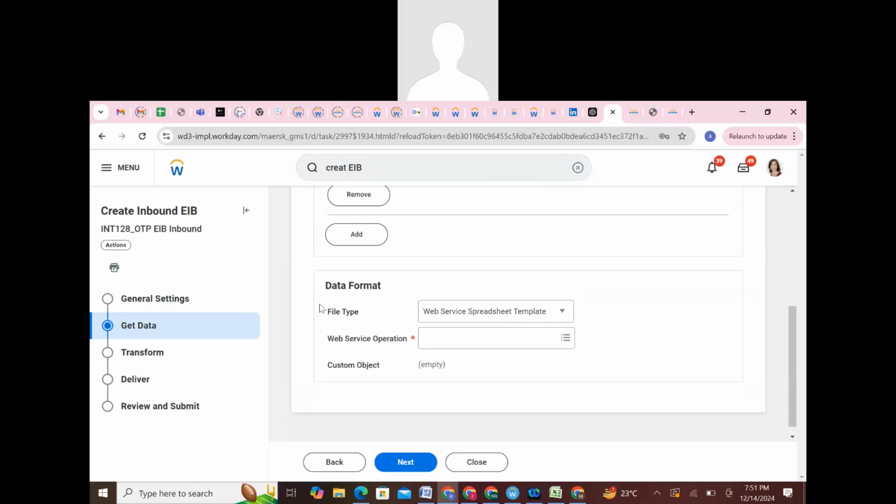Coming to it, if we scroll down, we have a data format. Which format are we going to load? We have only two options, guys: web service spreadsheet template or custom object spreadsheet. Custom object means,